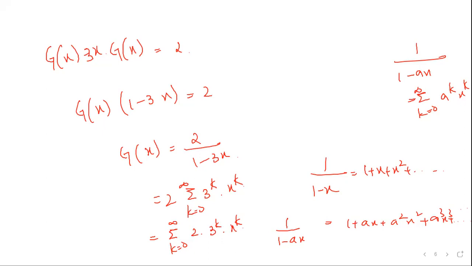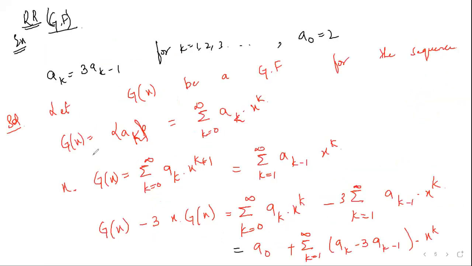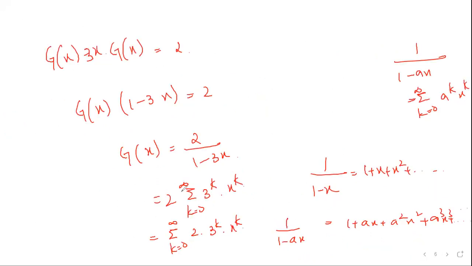Earlier while we were solving the problem we assumed that g of x is equal to the sum from k is equal to 0 to infinity of ak x power k. We took x power k to solve our problem. So while we are considering the solution we can exclude this x power k. So the general solution for our linear recurrence relation can be written as ak is equal to 2 into 3 power k. You can do this directly, as I have shown you already in the first sessions of our linear recurrence relation for the compound interest problems.